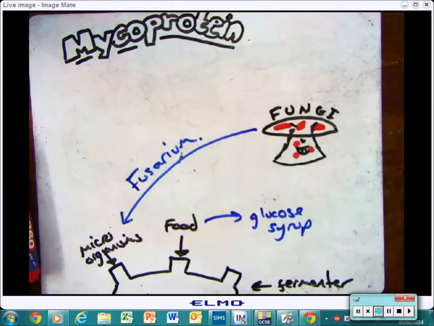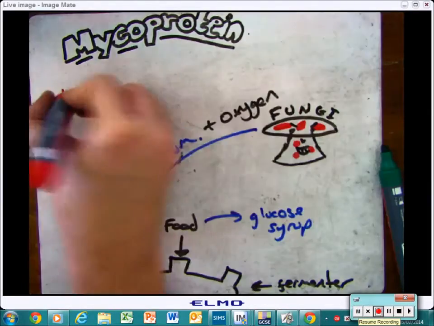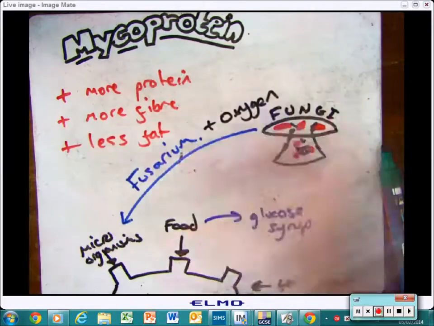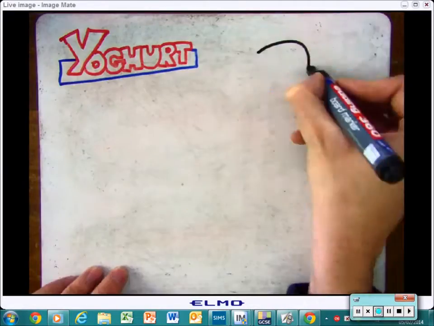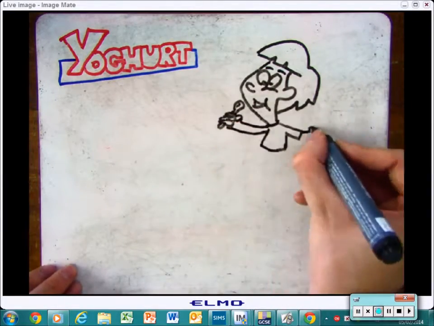The fungus respires aerobically, therefore it needs lots of oxygen, which it can get from the fermenter, as you can see here. The benefits of using microprotein instead of meat is that it contains more protein and more fibre and a lot less fat. So the next section we're going to look at then is fermentation of milk to produce